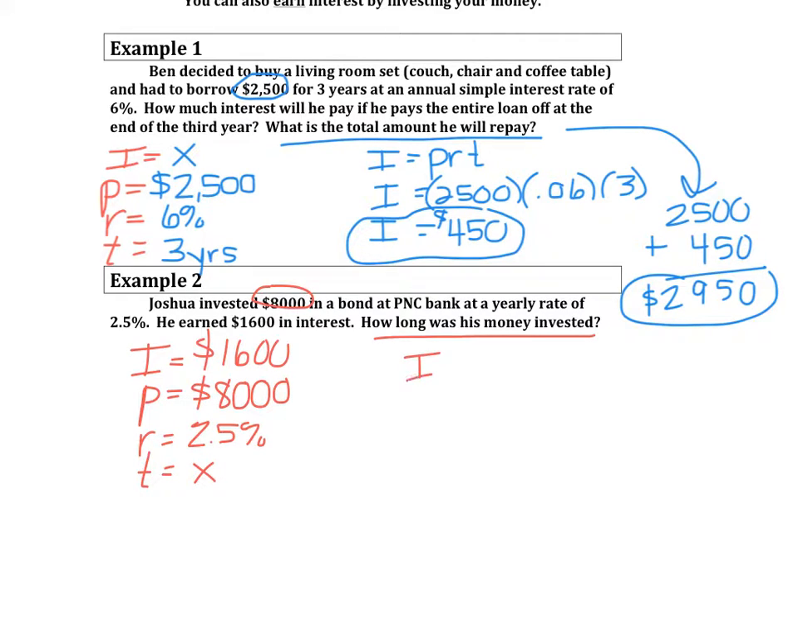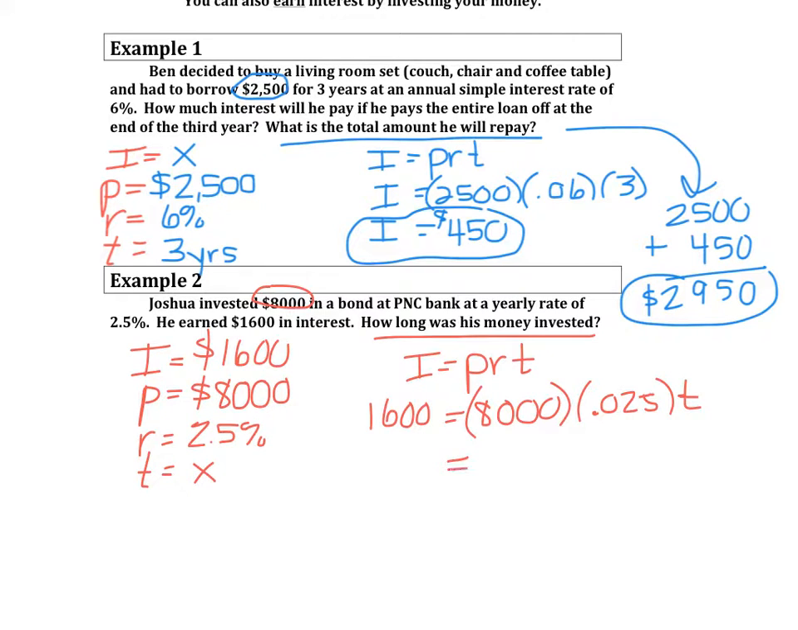Let's go ahead and write down our equation, I equals PRT. And we have our interest, that was 1600. Our principal was 8 grand. Remember, I'm using my parentheses here. The rate was 2.5%. When I move the decimal twice, it's 0.025. And then the time is just t, because we're not sure